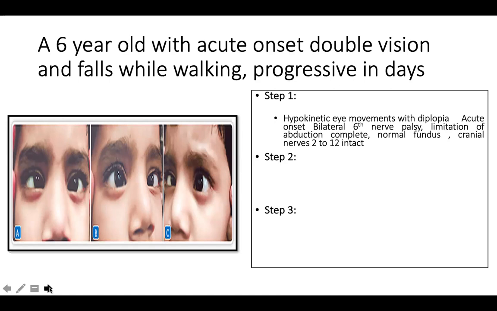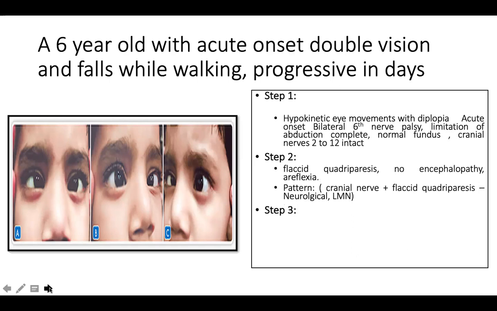And when you start further examining the child with the other part of the neuroaxis, you understand that he is flaccid, he is quadriparetic with a poor tone, he is hypotonic, his reflexes are not elicitable, and he is having a power which is around 2/5 in the lower limbs and 3/5 in the upper limbs. So that's a clear gradient between the lower limbs and the upper limbs. And there is some sort of a weak gag as well. So he's having some degree of weak gag or pooling of secretion. So you understand that he's having a generalized weakness in addition to your bilateral 6th nerve paralysis.